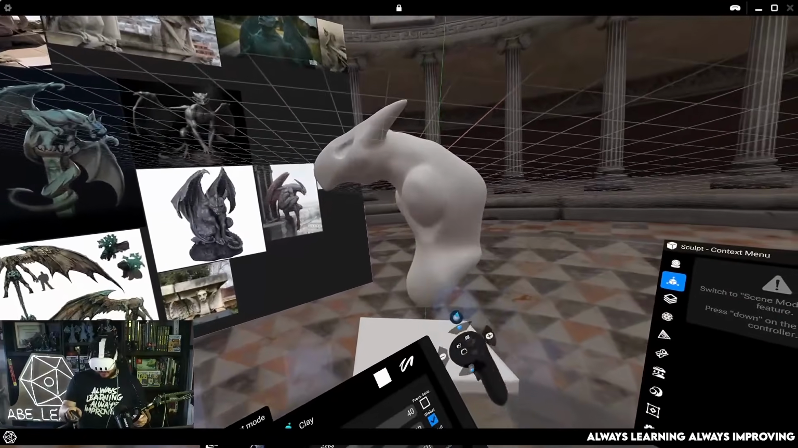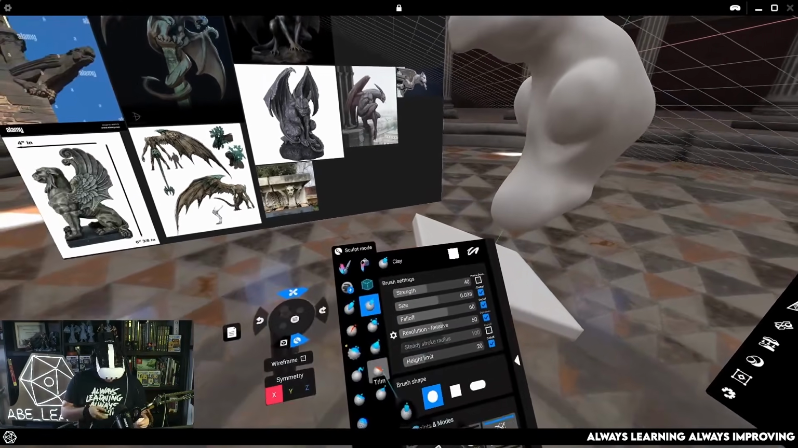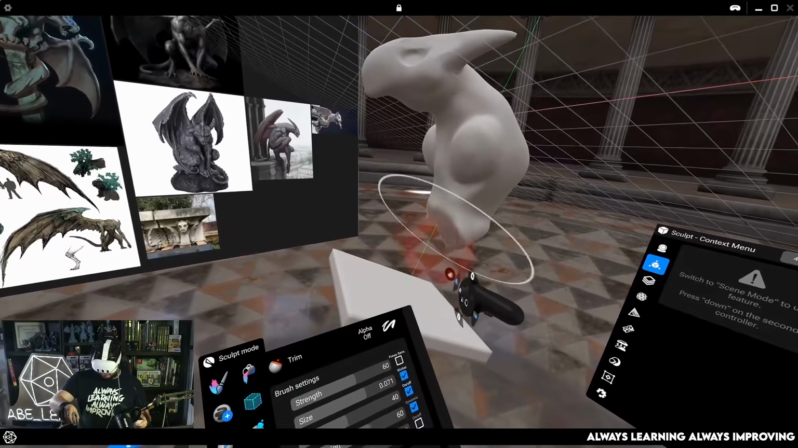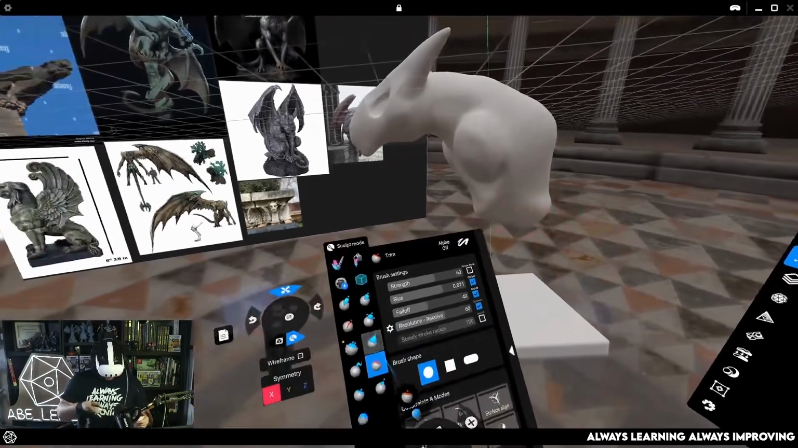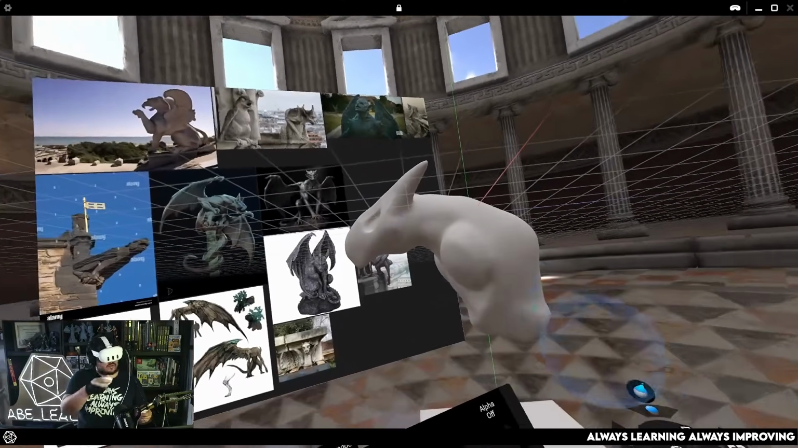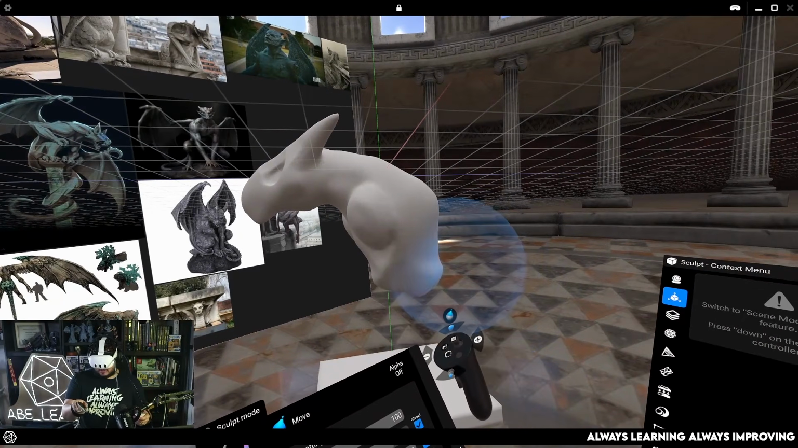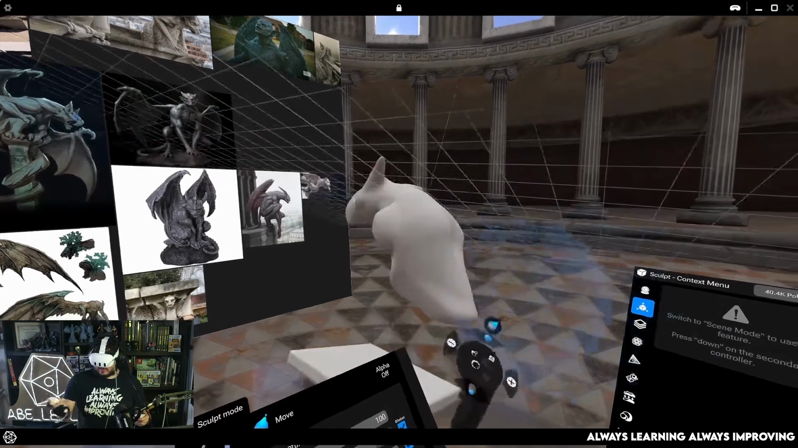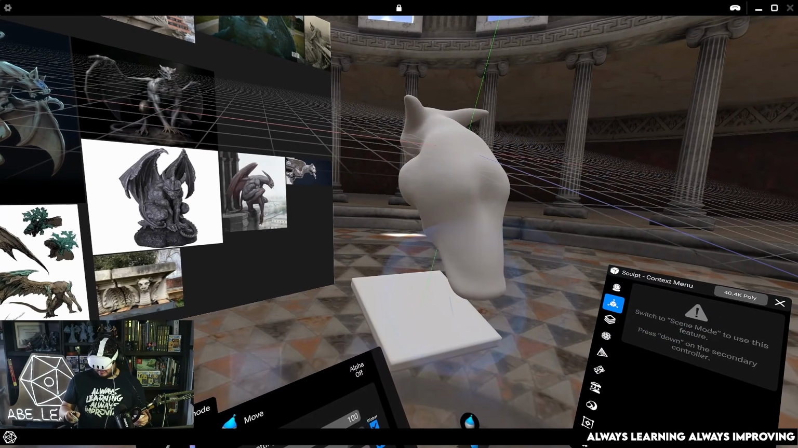As you can see, my hips here are way too far forward. So I'm going to use trim again to just push this in, and then I'm going to use move to create that sort of curvature that we have right there. So something like this,